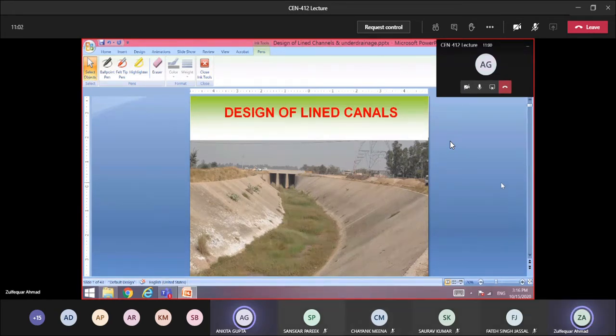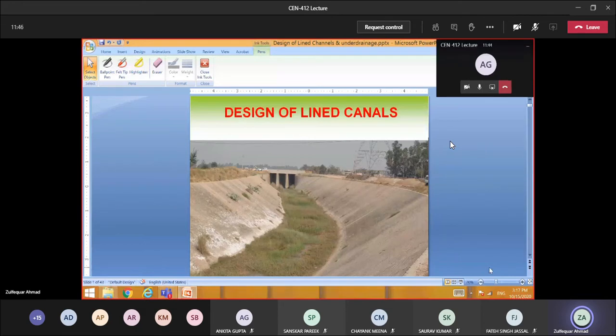Okay. Now we'll discuss the design of the lined canals. As far as the design methodology is concerned, that one we have already discussed, right? If the discharge is known, you can fix the dimension of the canal. Irrigation canals which are lined are in general of rounded corners, and they may carry clear water or sedimented water, and both the components we have discussed. Here we have to discuss some other salient points or features of the lined canals.